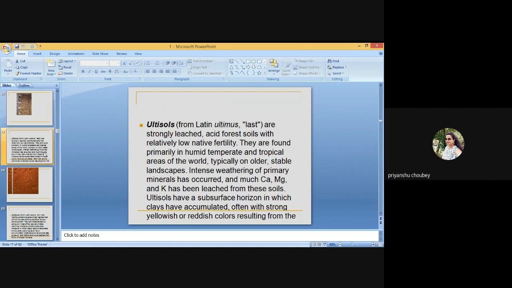They are found primarily in humid temperate and tropical areas of the world, typically on older stable landscapes where intense weathering of primary minerals has occurred, and much calcium, magnesium, and potassium has been released from this soil. This soil has a subsurface horizon in which clays have accumulated, often with a strong yellowish and reddish color resulting from